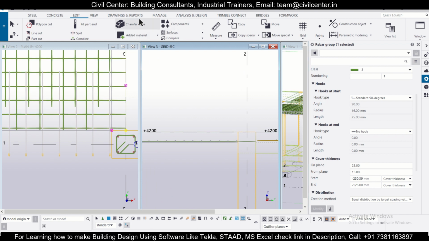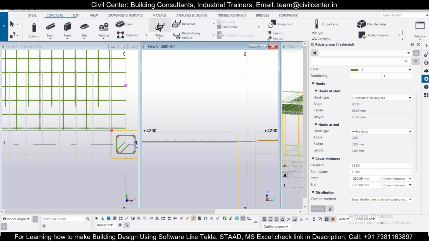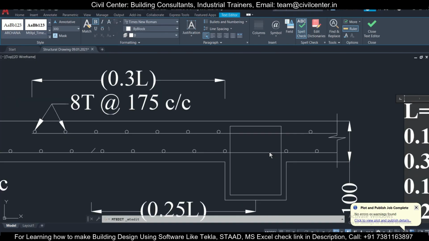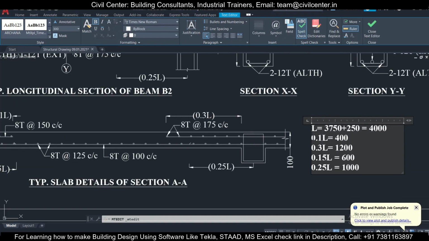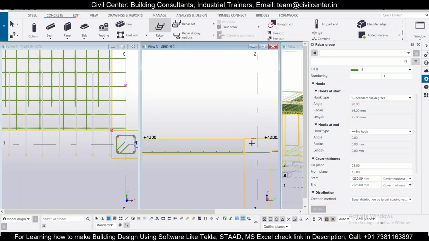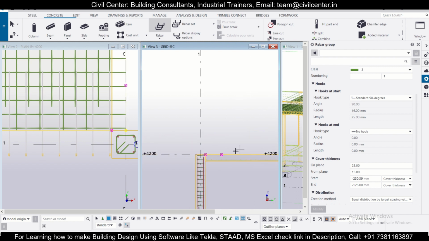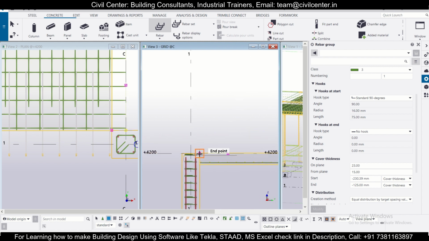We'll go to our particular concrete, then rebars, then select this, and then select this part, and then select this from here to here. So the length from this particular end will be your 0.3 L, that is 1200. So 1200 the length from here. Let's select this, take this up to this for maintaining the straight line. 1200,